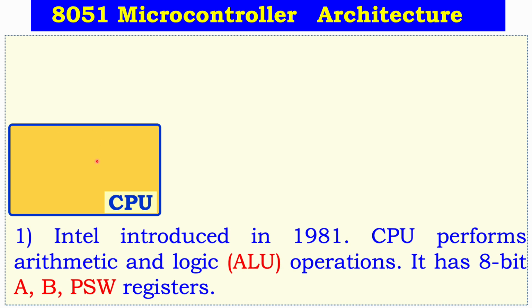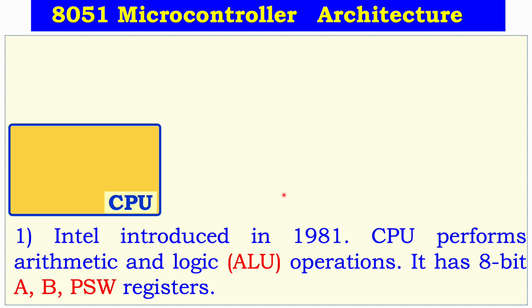For any microcontroller, the entire functions are working from the main unit that is called the CPU. Intel introduced this microcontroller in 1981. Now what will the CPU do? In any computer, the CPU will perform the arithmetic and logic operations. So in the 8051 microcontroller,